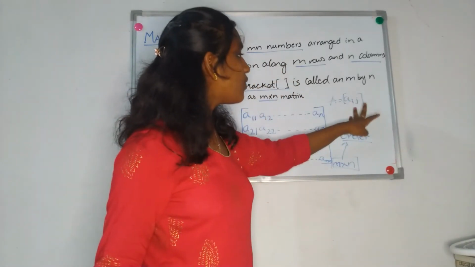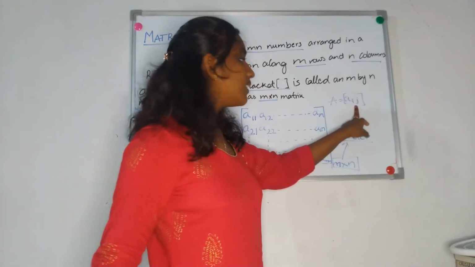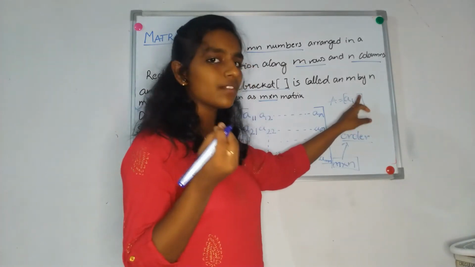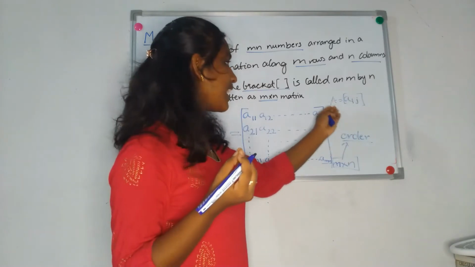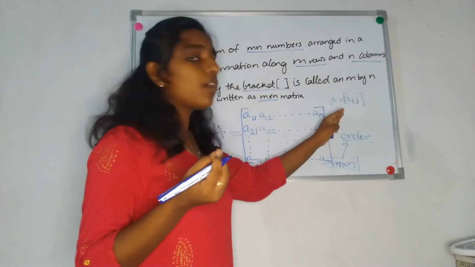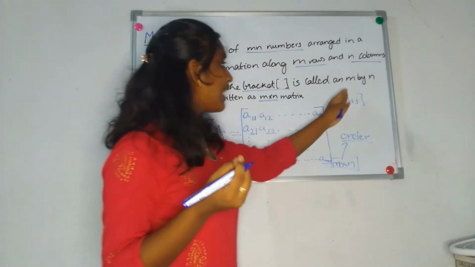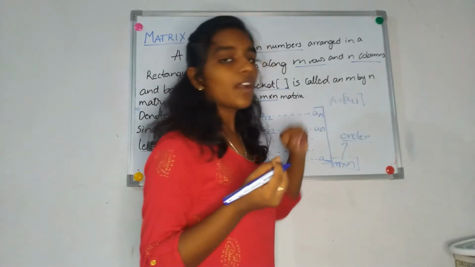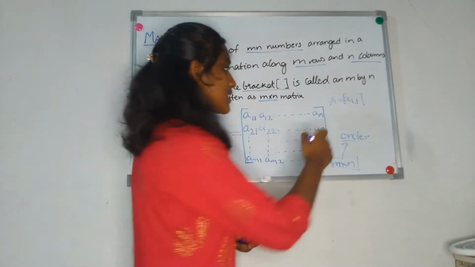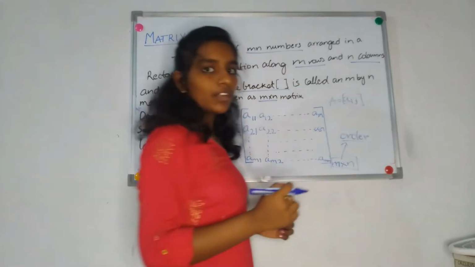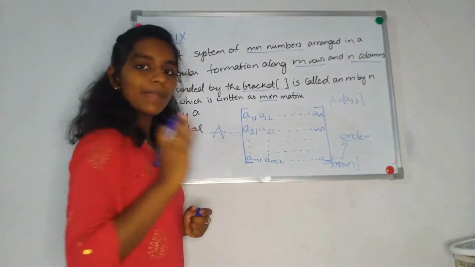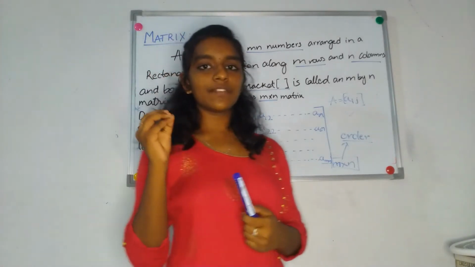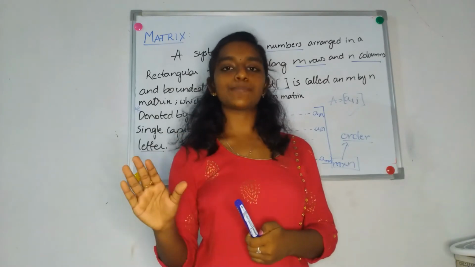And what is i and what is j? i is the number of rows, and this is the general form. The general form of representing a matrix is A is equal to, since the whole matrix stays in a bracket, you have a bracket and Aij. This is rows representation and this is columns representation. That is how you represent a matrix in general form, and this is how a matrix looks. So that is the basic definition of a matrix, and we have completely explained what it is.